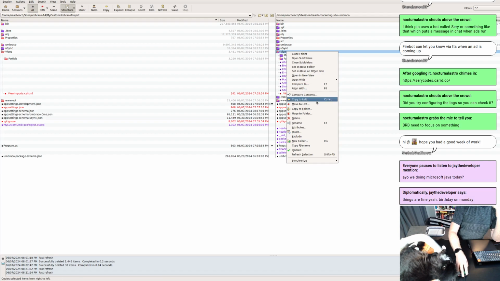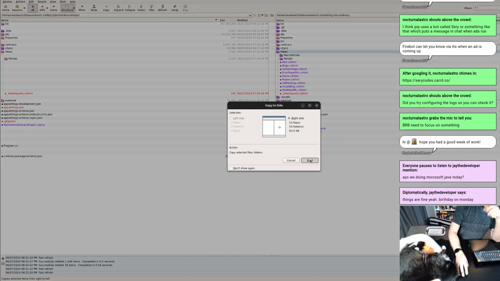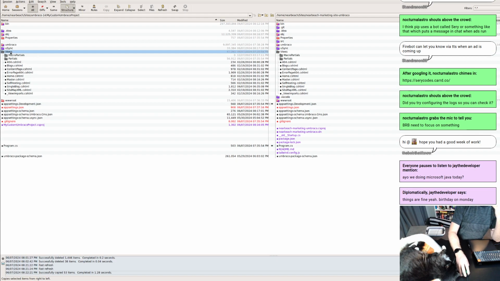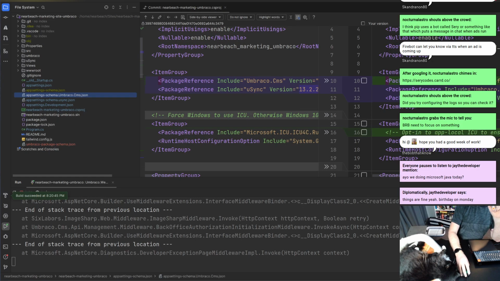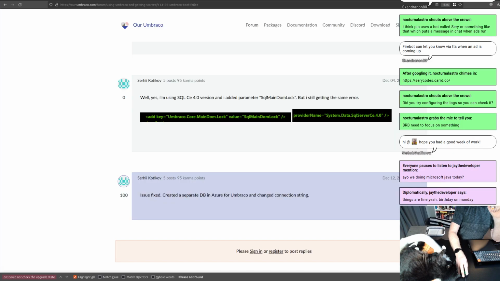What I'm going to do is copy everything to the left for the views. I'm just going to start. I'm going to go yes all. So everything should be the same. And if we jump into the browser,